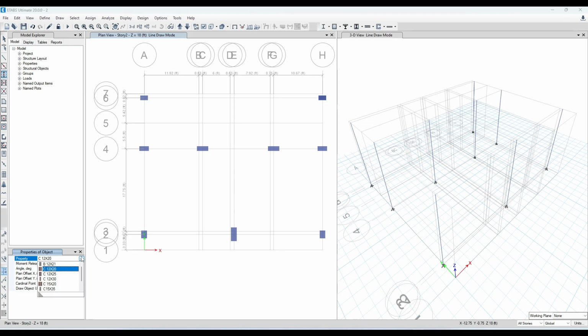Okay, 12 by 25, angle of degree equals 90, F7.